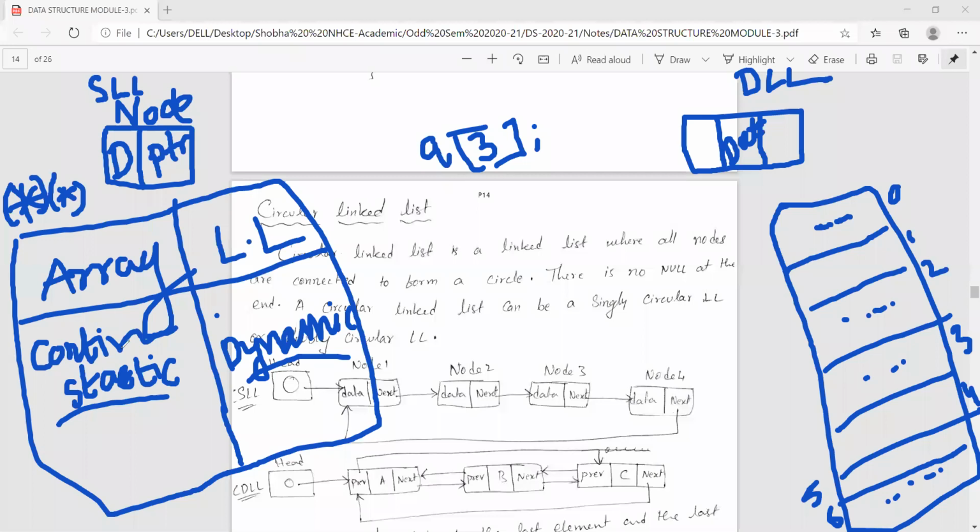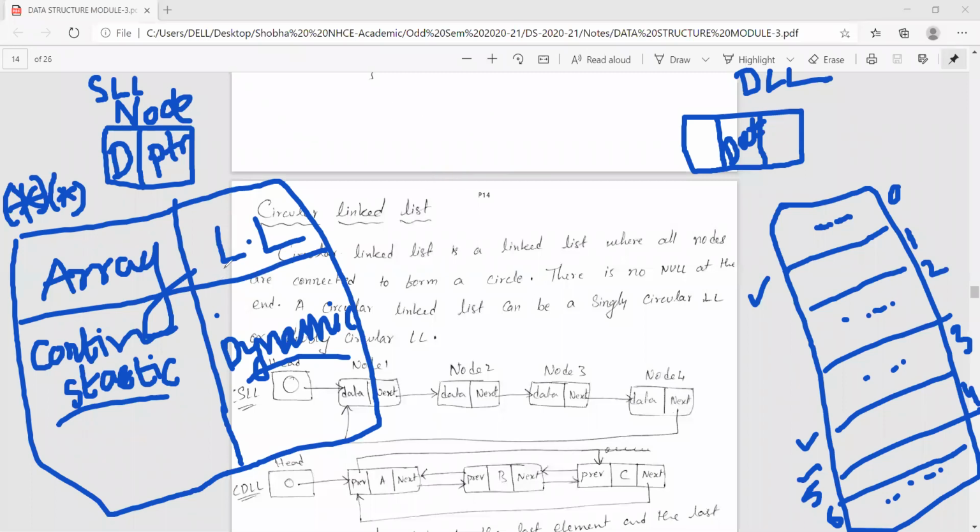Here, there is memory block 1, then block 4, and then block 5. But when I allocate memory to an array, it should be 0, 1, 2, continuous memories: A of 0, A of 1, A of 2. Data should be read like that. That is what we call contiguous memory location. Even though there are 3 blocks of memory available, I cannot create an array of size 3.